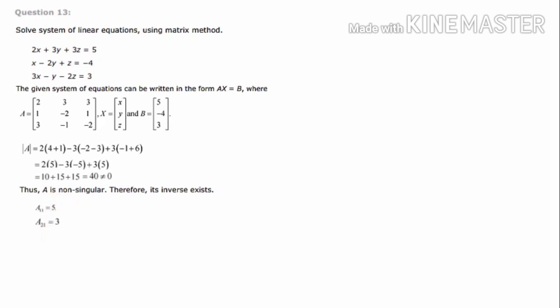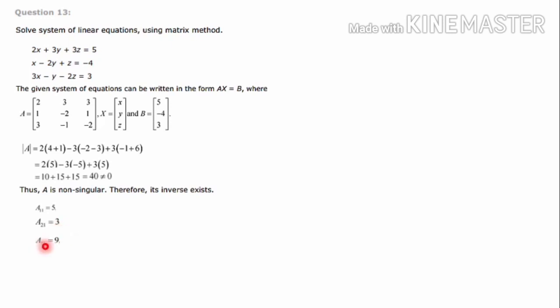Next is A21, that is the cofactor of the element 2, 1. Second row first element. Second row first element is 1. If you take 1, that row and column are gone. 3 into minus 2, that is minus 6. Minus of minus into minus, that is plus. 1 into 3, 3. So minus 6 plus 3. Minus 6 plus 3 is minus 3. Here there is 2 and 1. 2 and 1 means 2 plus 1, 3. 3 is an odd number. So there is a negative sign outside. So minus of minus 3, we have got 3 as the answer.